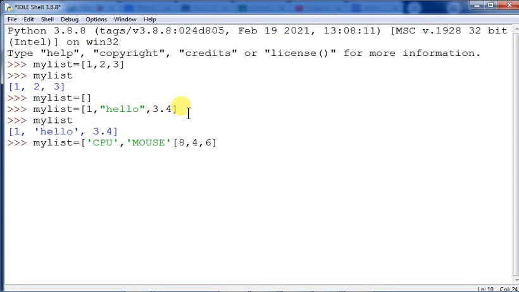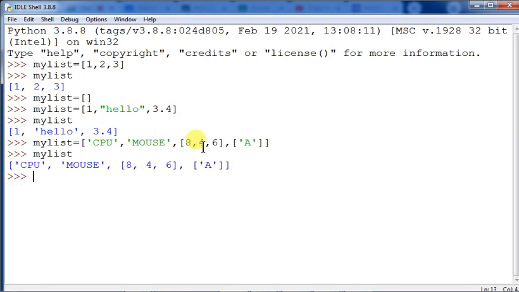So I give a comma here, and then 8, 4, 6. Finally, I take another list like this, a single element. Then I close this, and this is the close of the list. So a list has been created. Now when you print this particular list, these 3 elements will be considered as a single element. So these are the different ways to create a list.